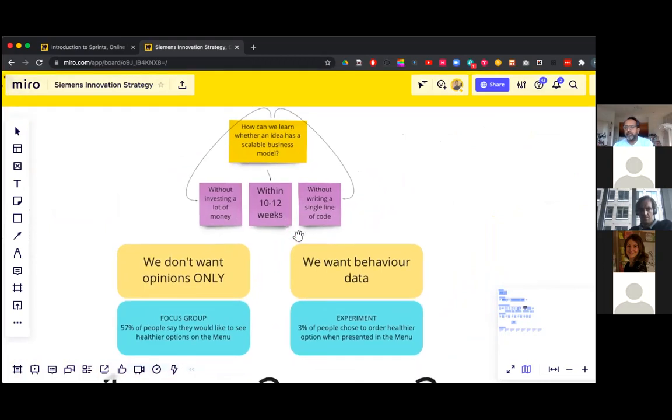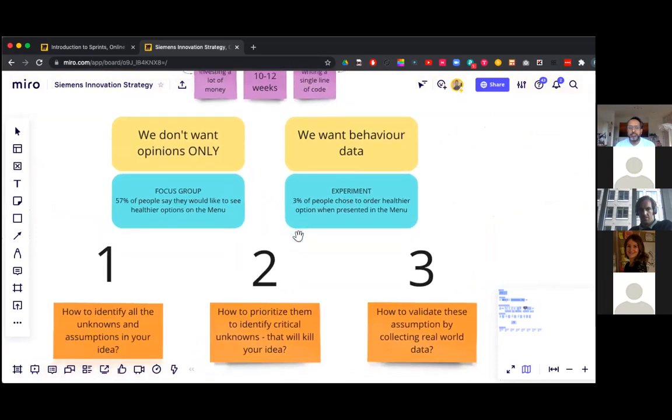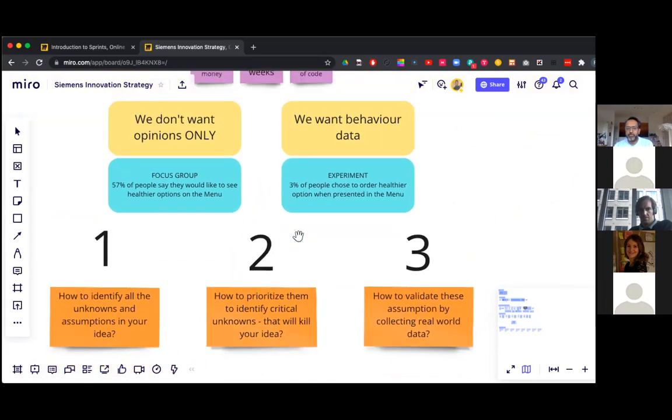The question is, again, without really investing too much energy or money, or without creating too much code, what usually happens in the process is that people get away with just opinions. So even in the sprint process, you can make a prototype, you can invite people to test it, to try it out, or you can just invite them to give you feedback. So giving feedback has become way too easy. And there is a clear disconnect between just giving feedback and really acting on it and doing something about it. So for example,